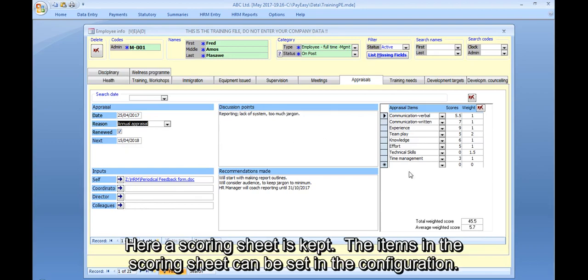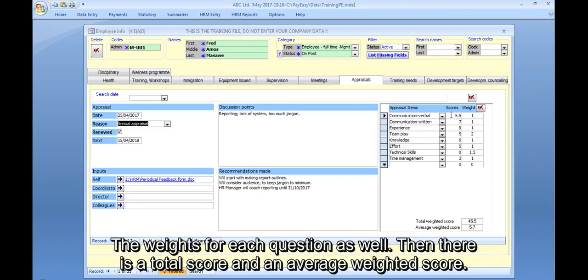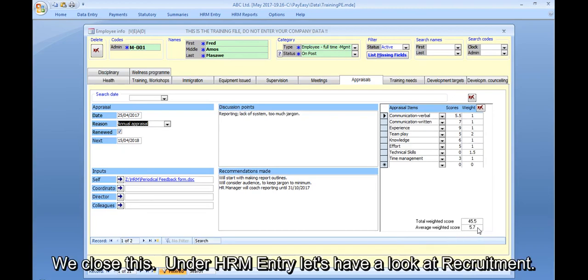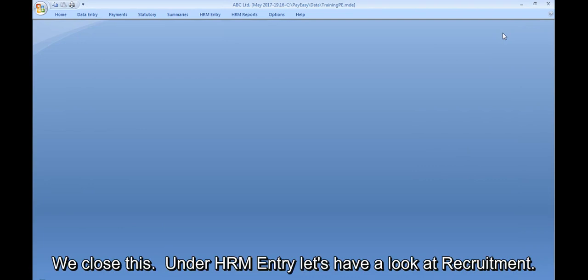The items on the score sheet can be set in the configuration, the weight for each question as well, and then there is a total score and an average weighted score. Let me close this. Under HRM entry, let's have a look at